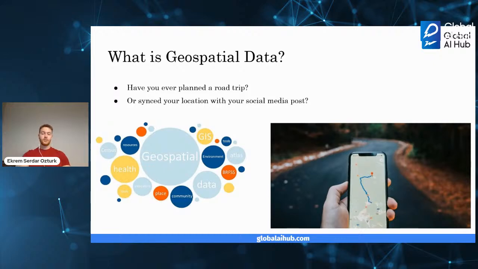Geospatial data typically involves large sets of spatial data gleaned from many diverse sources in varying formats, and can include information such as census data, satellite imagery, weather data, cell phone data, drone images, and social media data. Okay, that post that you linked the location to, yes, we can use that as geospatial data.